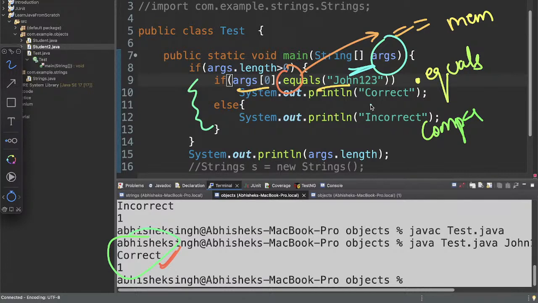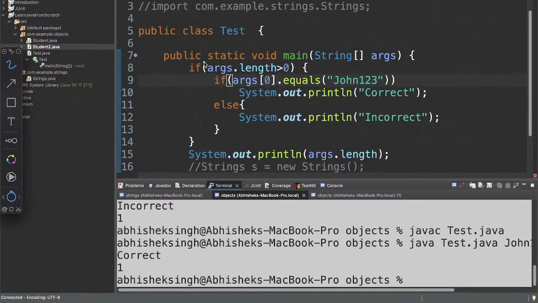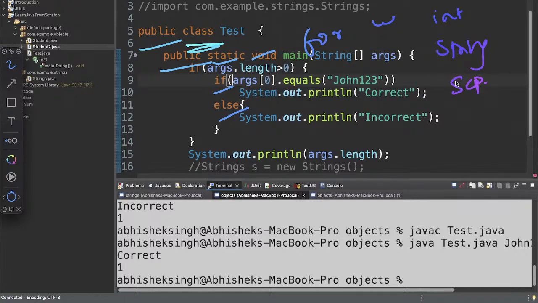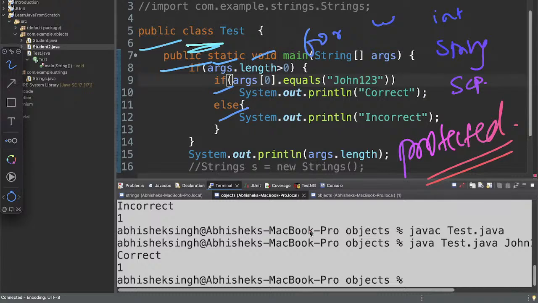So till now whatever we have completed thoroughly: why do we write a class, class is a keyword, why do we write public static void, what is the meaning of if, else, for, while, and why do we need int, why do we need string, what is scope. So now if you have any doubts till now, just ask me, or if I have left anything behind, please ask me, except the protected stuff, because we are going to learn that when we learn inheritance. Okay,